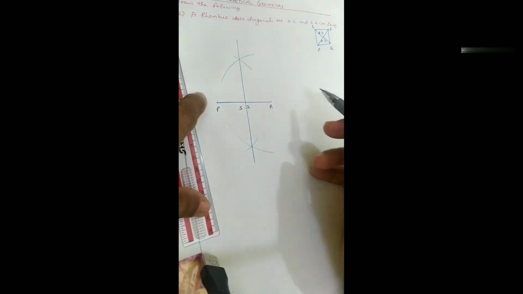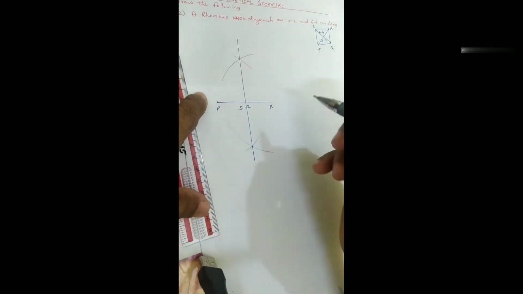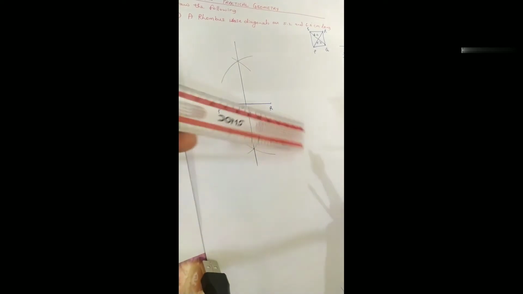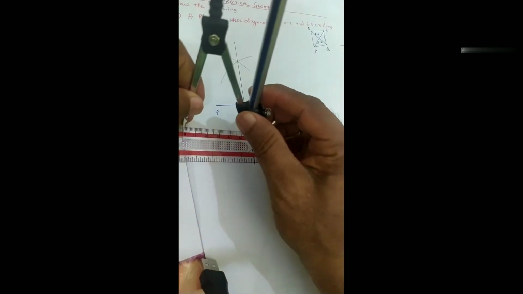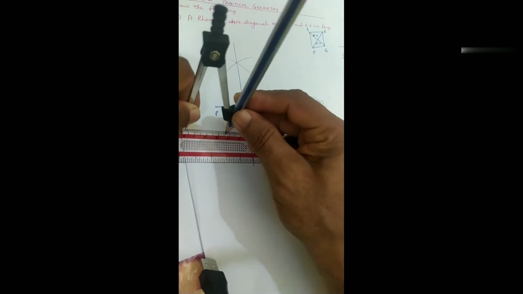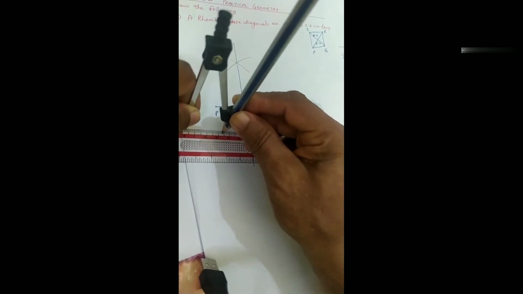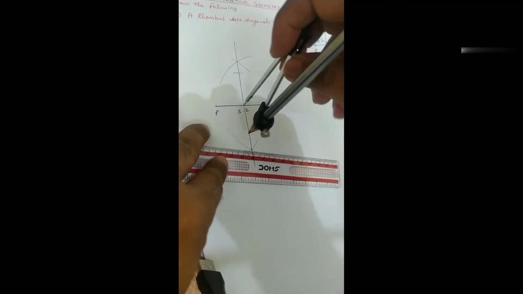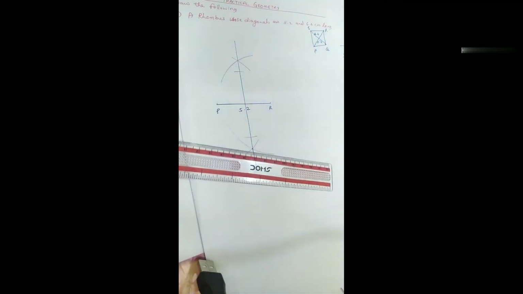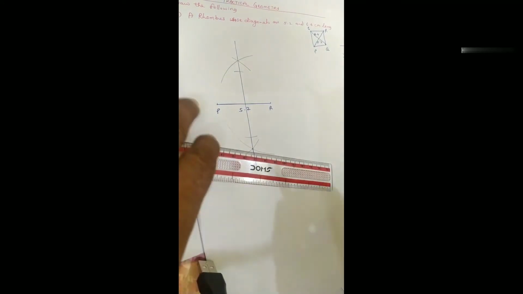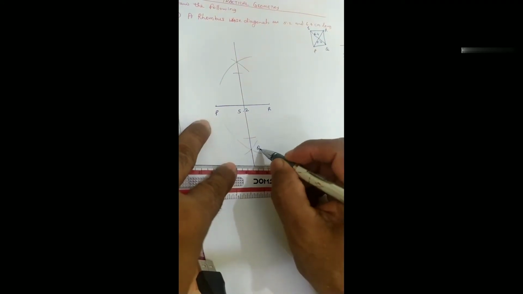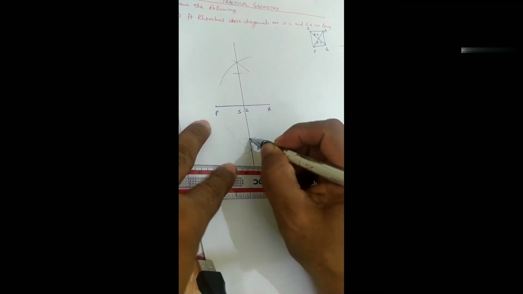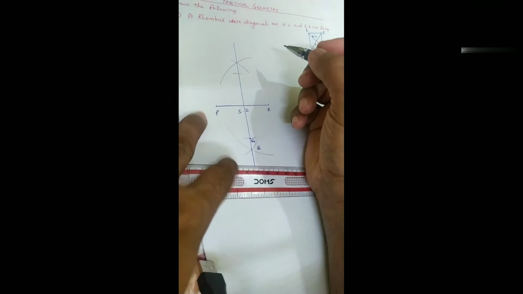So we will take 3.2 centimeters on this side and this is 3.2 centimeters, so that it forms 6.4 centimeters. Half of it is 3.2 centimeters, so we will take half on this side. Although the sides are not given, it is not required, but we will get all four sides equal. So this is point Q, and this is the point S.